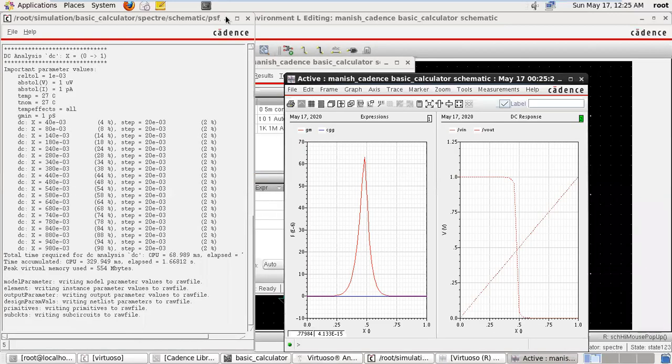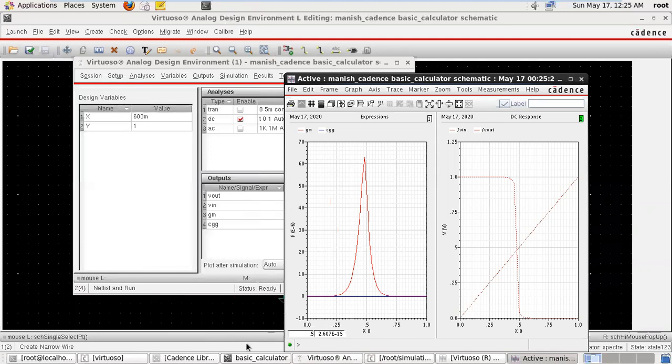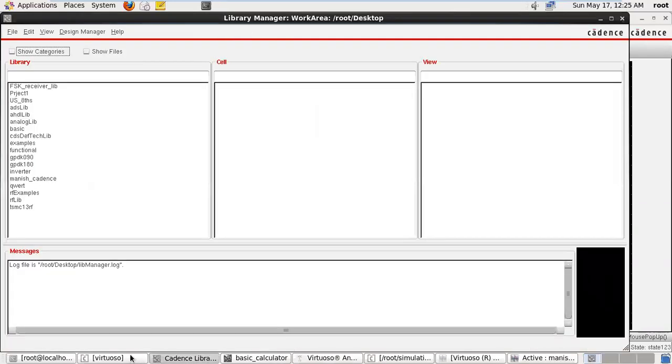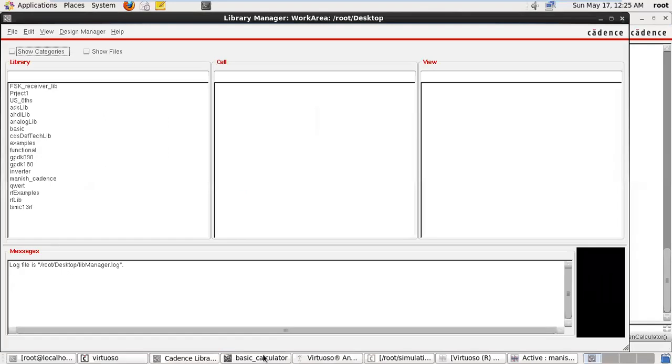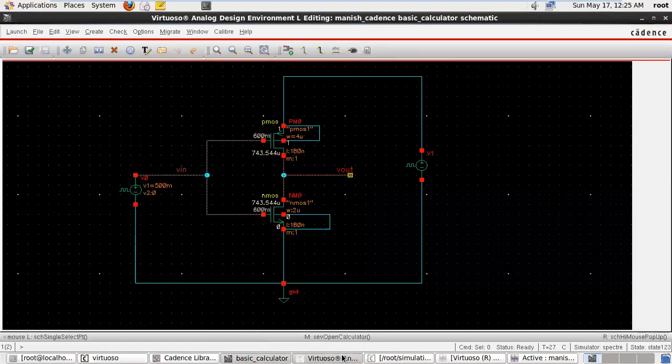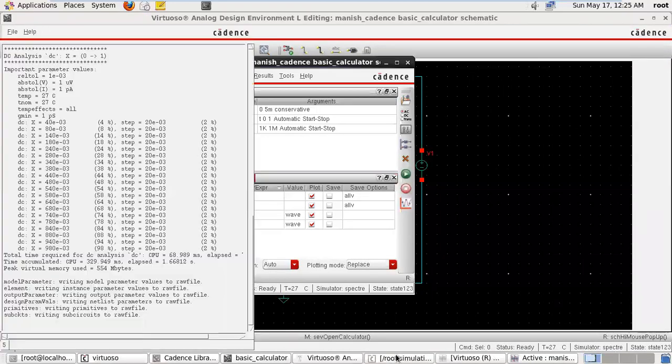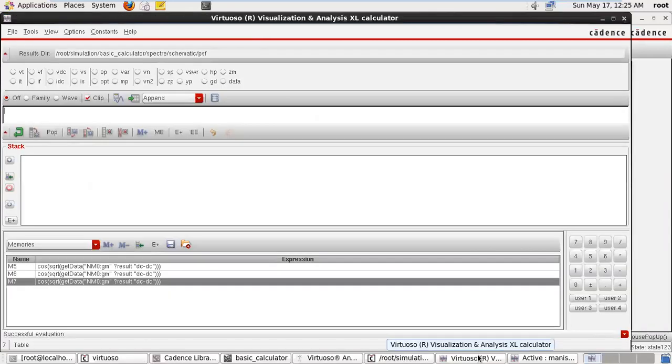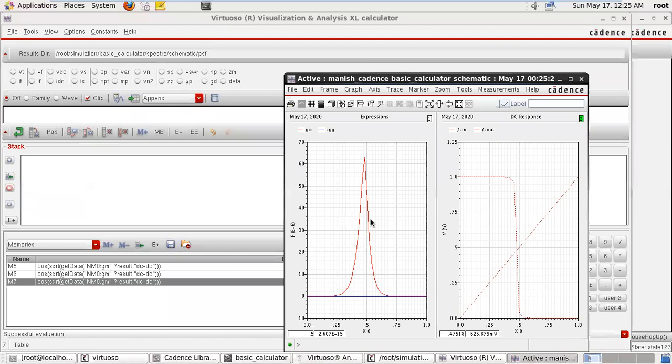These are our values, and now what type of function we can perform with the calculator. See, we are moving the expression again into our calculator.